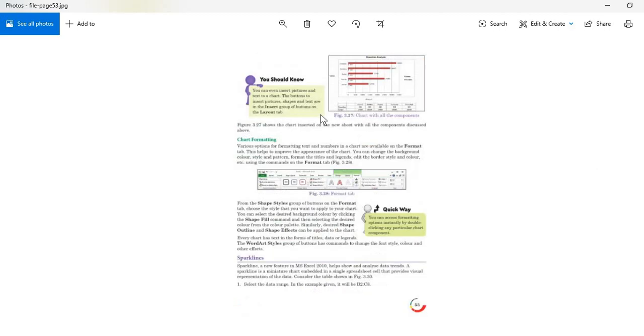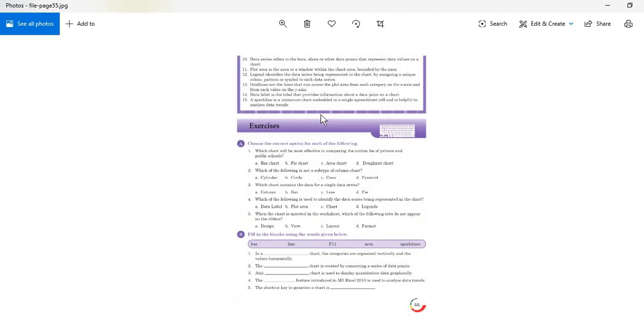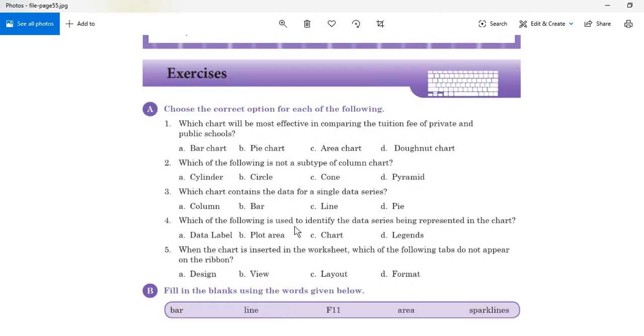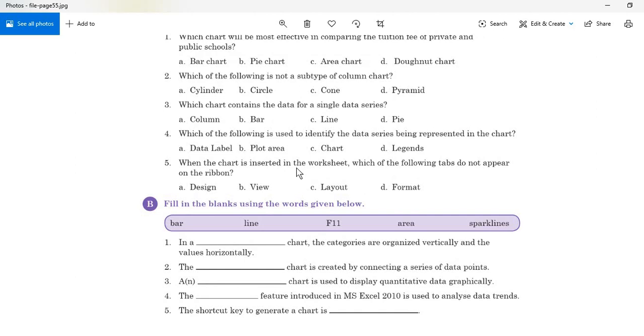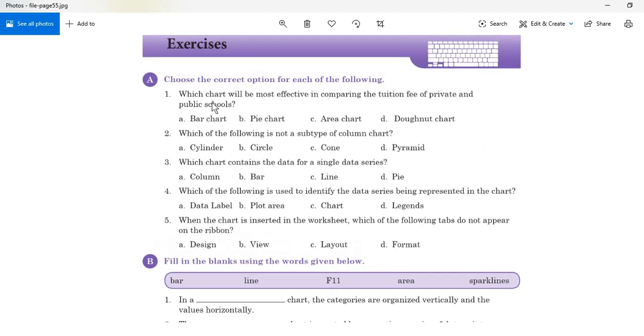Now next week I will solve the exercise, of course, and I will not solve it until you solve it. So this week's homework will be to solve the exercises in your copy. If you have any kind of doubt, do write me back, and while copying the question answers, you will write the full question and then only write the answer. You don't have to write the options given.